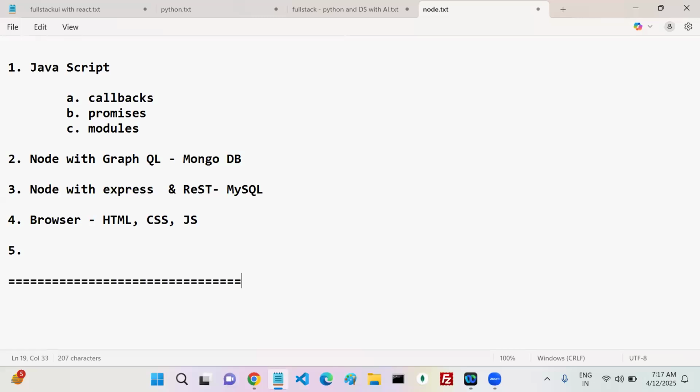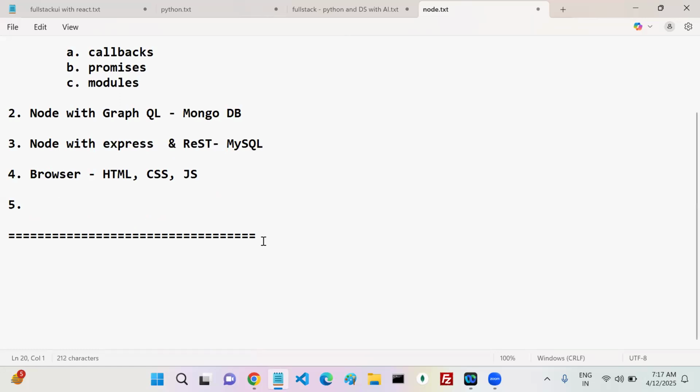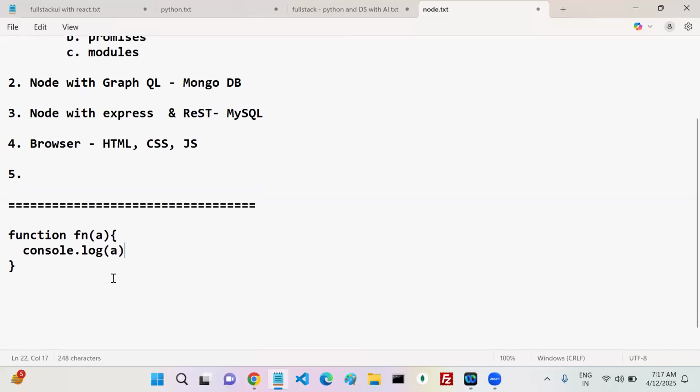I have a function f. If I write like this, tell me something about this code snippet.